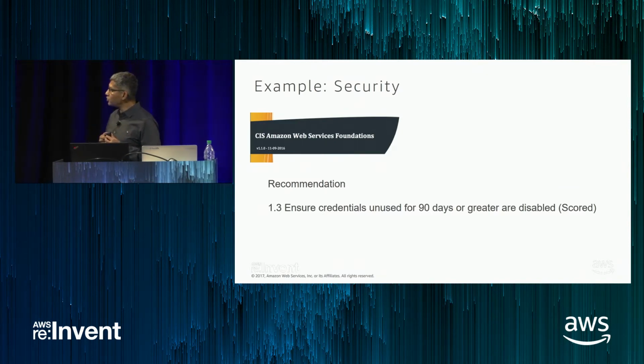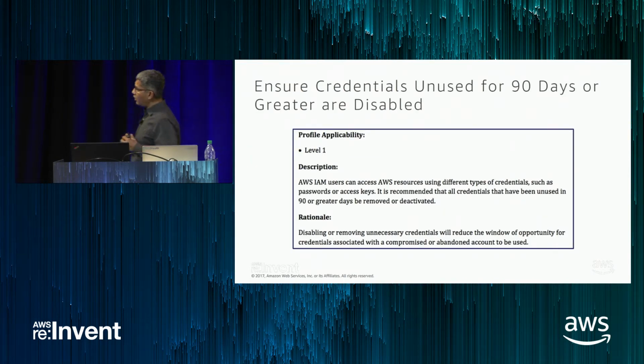They published a benchmark on managing security in AWS infrastructures. And one of the recommendations they have is to ensure all credentials unused for 90 days are disabled. They publish this as a PDF. You can go look at it. I'm just showing what the